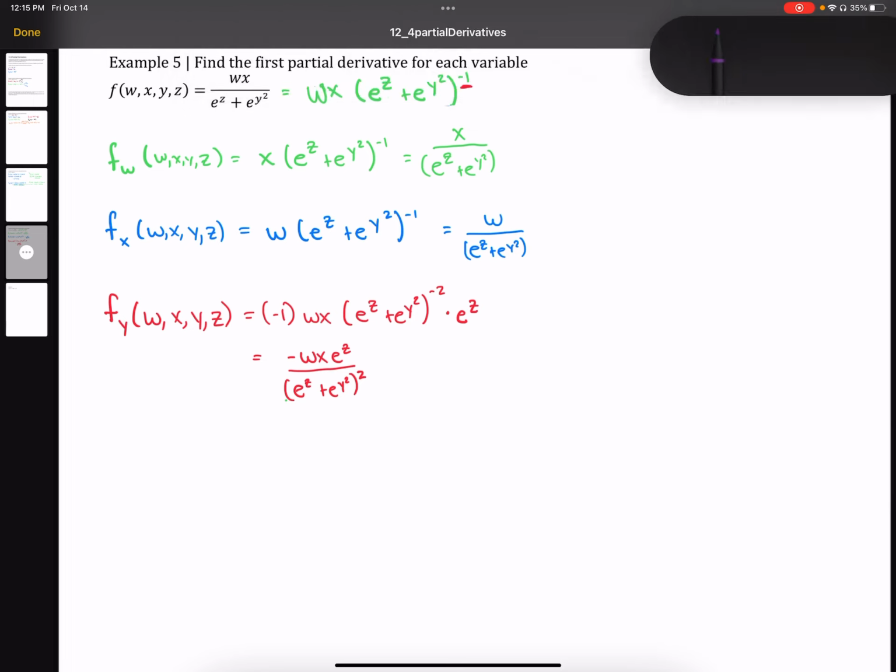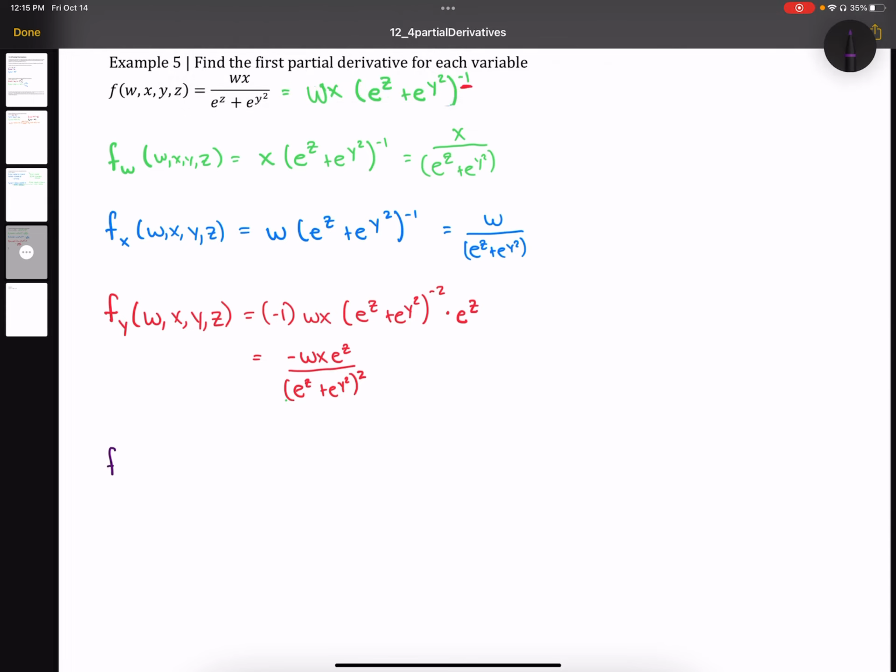And so our last partial derivative we'll do with respect to z. Let's get that out of the way. So fz of w, x, y, z is equal to, again, basically the same thing. So we're going to have -1 times wx times e to the z plus e to the y squared to the -2 power. But now we're multiplying by the derivative of that term, which is going to be,